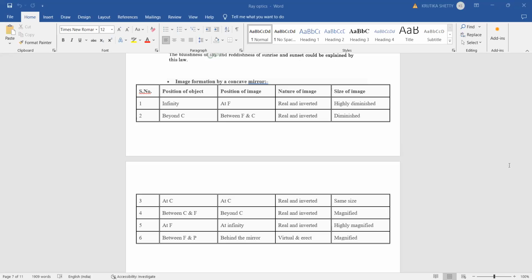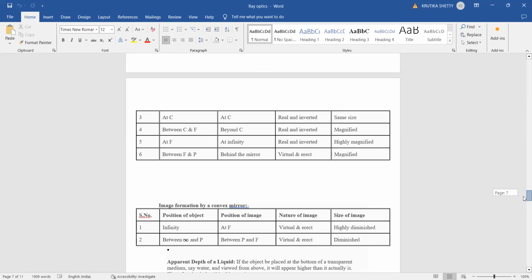You can also see the nature of the image. In all these cases it is real and inverted. Only in the last case will it be virtual and erect. What is that condition? The object must be between F and P. The same way it is for the convex